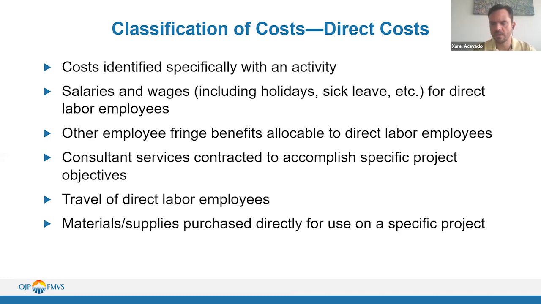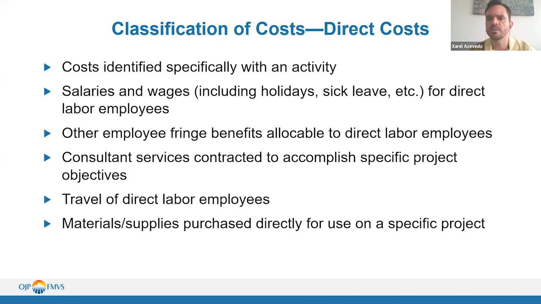We have to say that it could be, depending on how you present it in your budget, that these fringe benefits can be accrued in an indirect manner, okay? So you have to be very clear when you write your budget. And then if you decide that the fringe benefits are going to be treated as indirect, remember what we talked about in the first slide, that you have to be consistent throughout your program, okay?